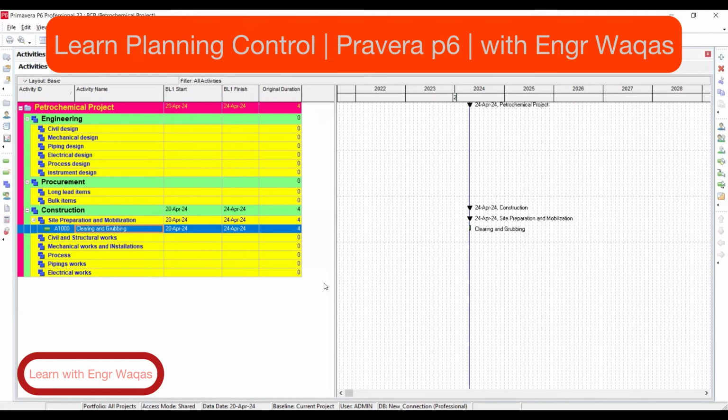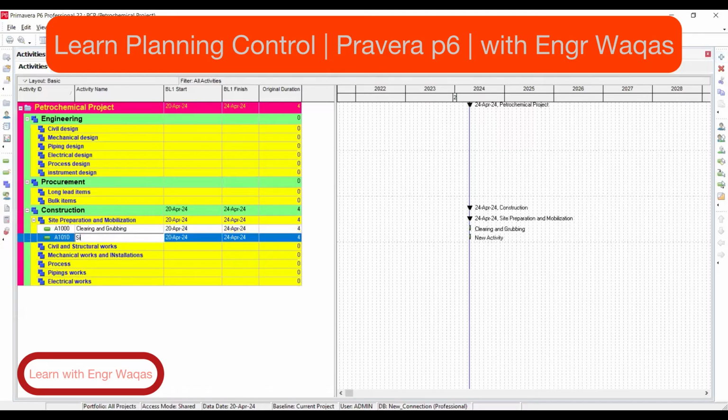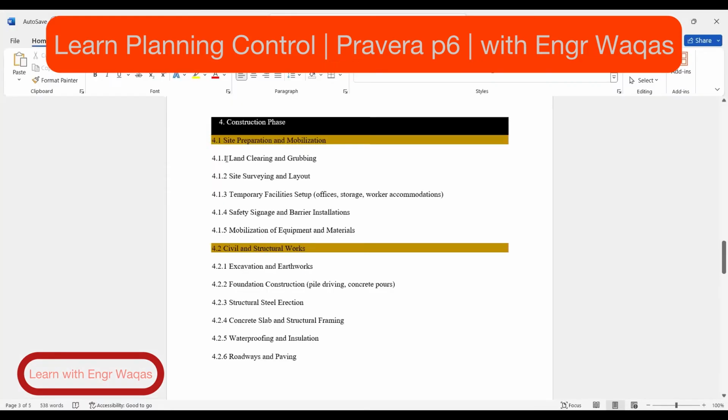And after clearing and grubbing, site surveying and layout. After that, keep on adding all these things. One by one, you are going to add up all these things, temporary facilities and site offices,